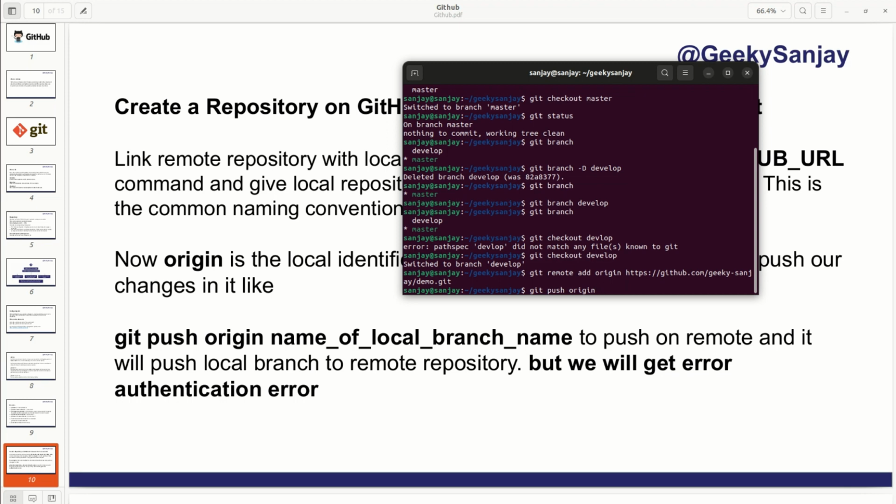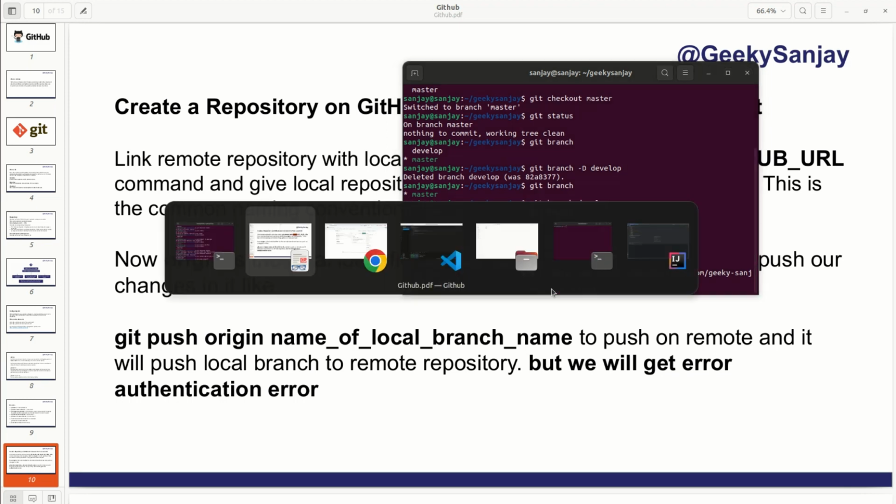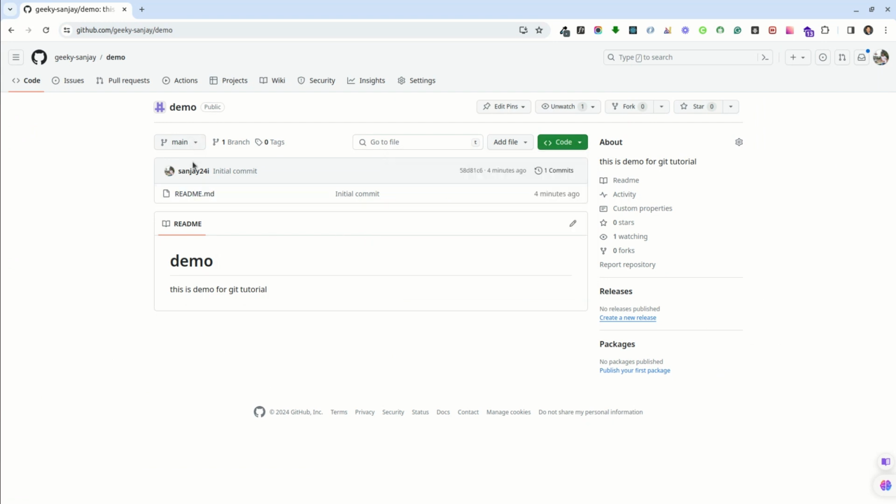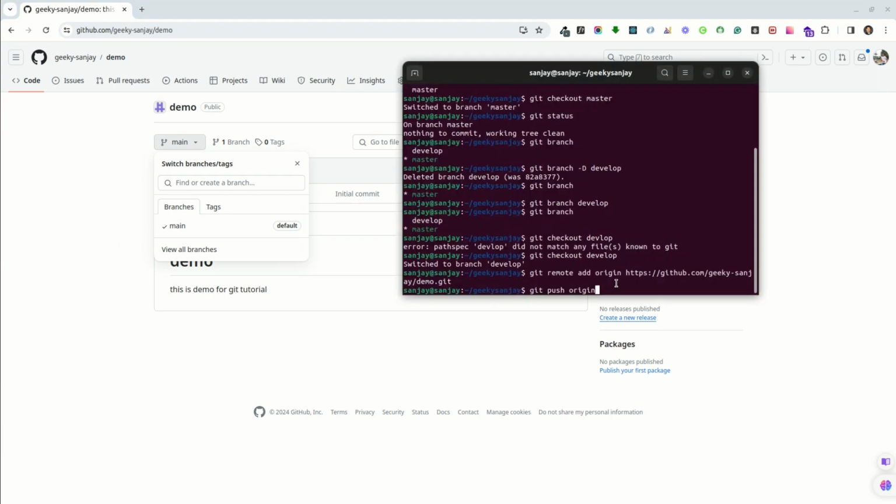I will see, is there any branch? Yes, I have a default branch, main. So what do I have to write here? I have to write main. Okay, so I will write main, then it will put it on the main, and if I do it like this,